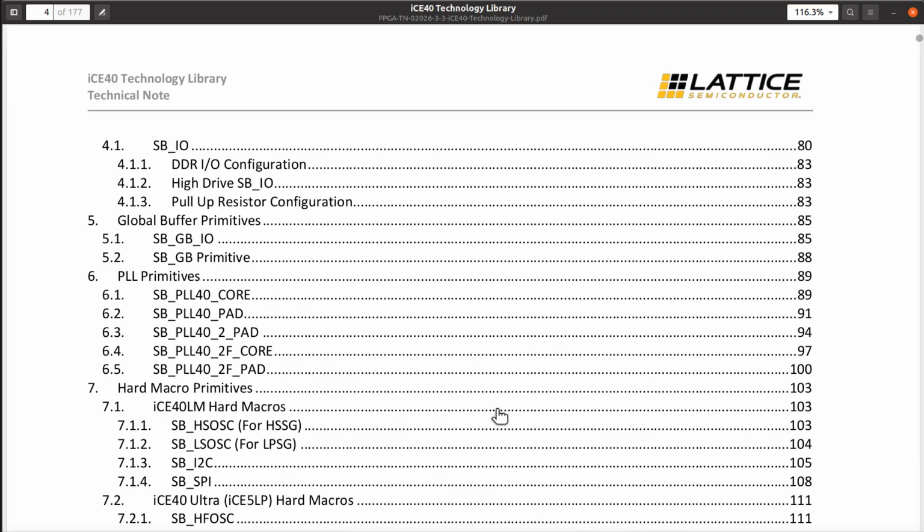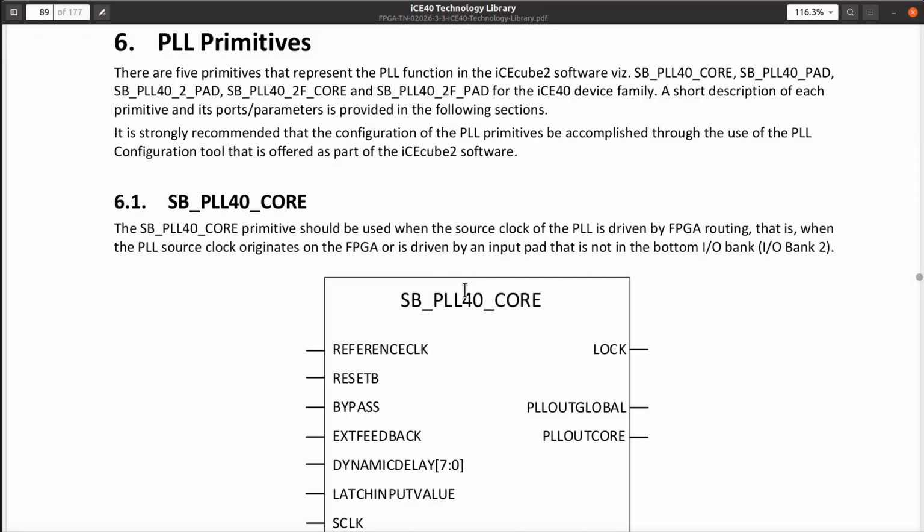So if we go down through here, the table of contents, we find the PLL primitives, and I showed this once before on my channel. Now, what you need to understand is there's several different ways to do these things, and there are cores, which I've already hit twice, and there are pads. If you're going to use a pin, you need to use a pad thingy. If you're going to provide the reference clock from inside the FPGA, you use the core, okay? You can only use the pad when the pin that you're going to connect this reference clock to is the one and only pin that you can connect it to for each of,